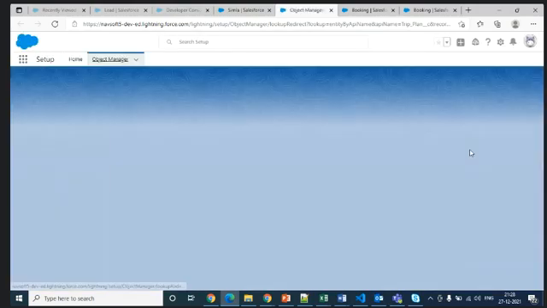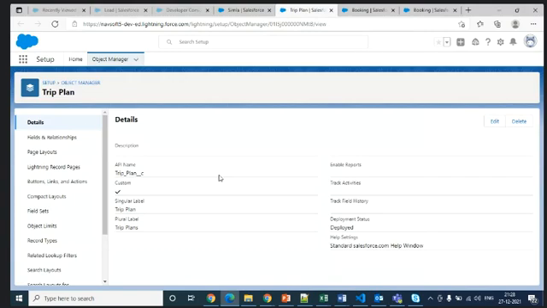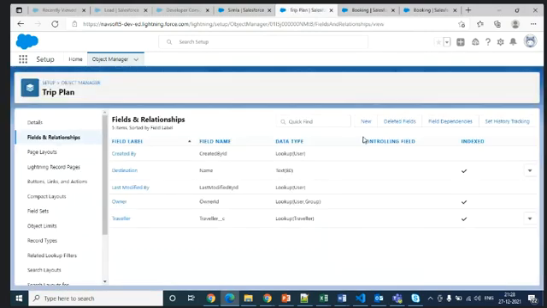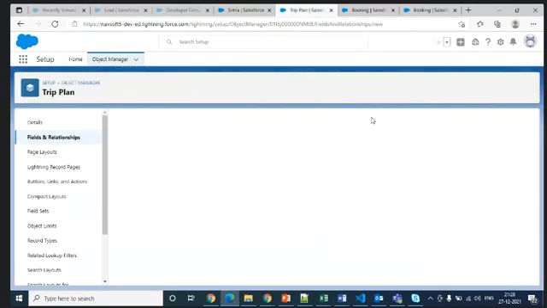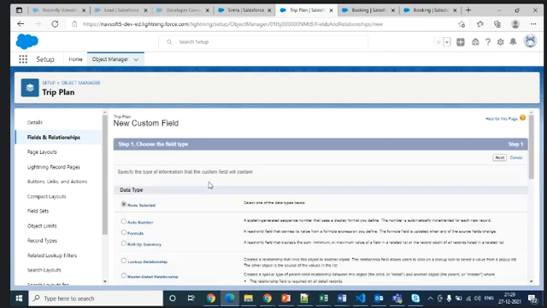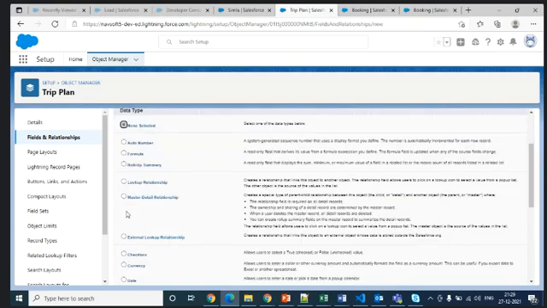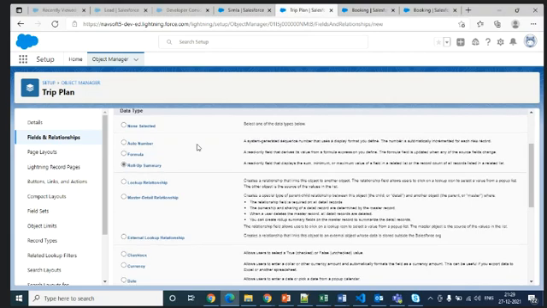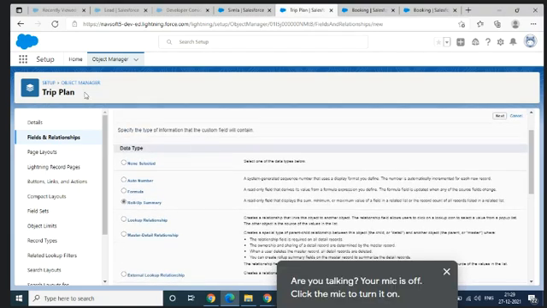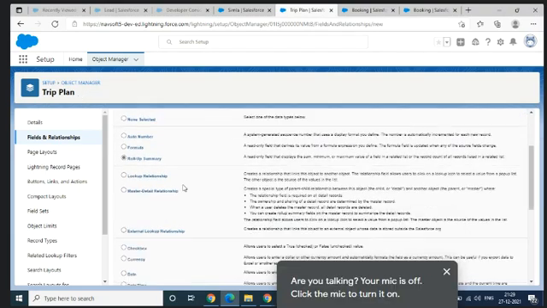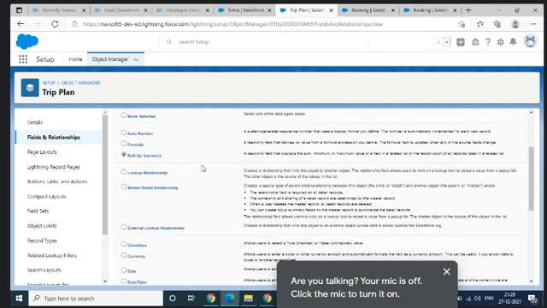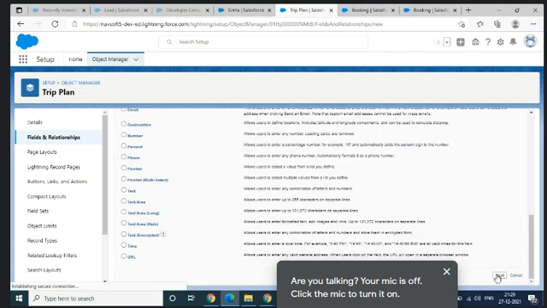If it is a master detail relationship only, you can see a field enabled as a roll up summary. It is enabled now because it is a parent record. Trip plan is a parent record, booking is a child record. I just want to count the child records.